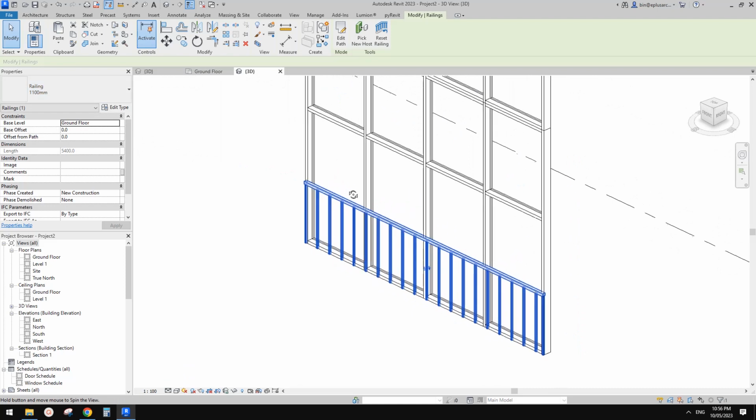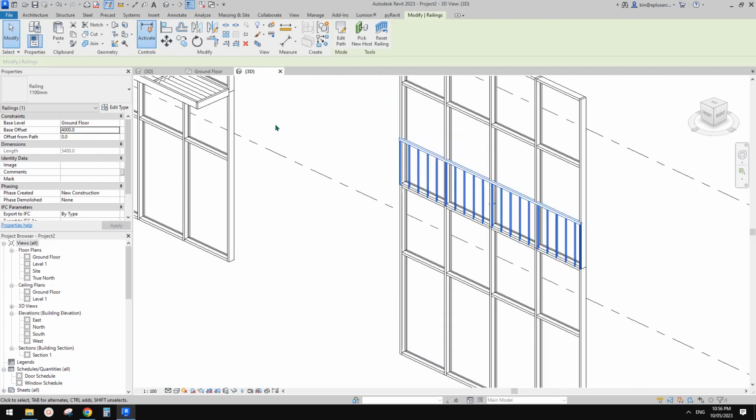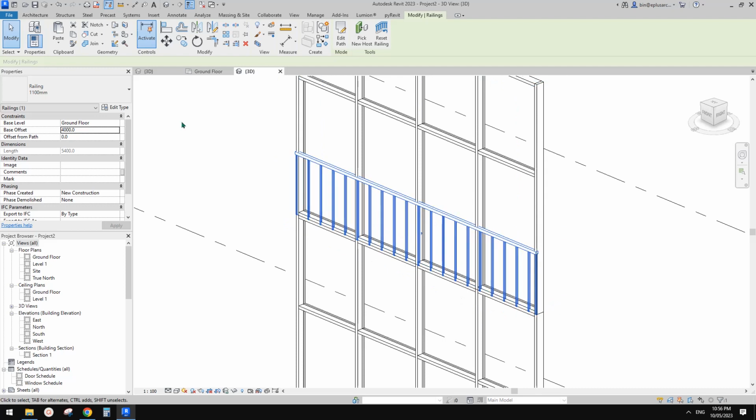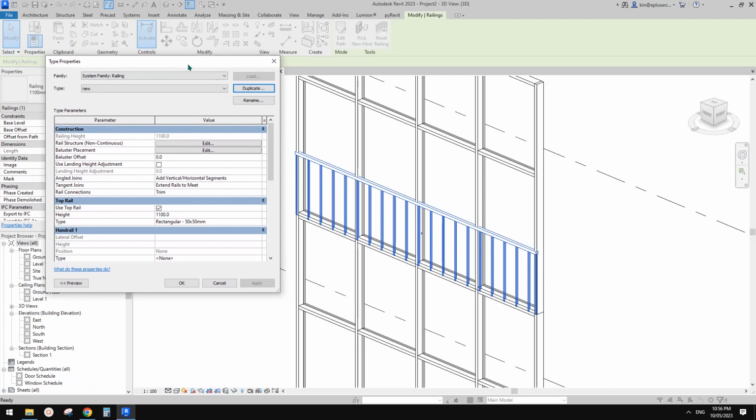And okay, so first maybe let's make it 4 meter high, so it matches the height of that, and then we can start to modify this. So let's go edit, duplicate, I'll call it new. Okay, so we start to modify. Okay, so first we don't need this top rail,